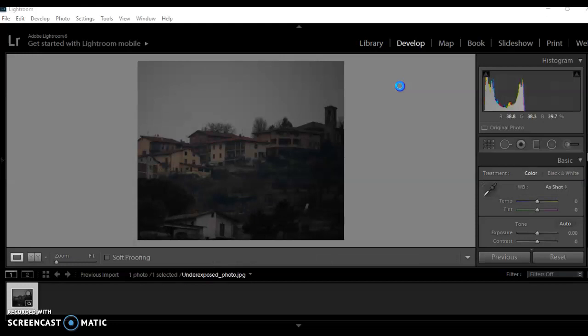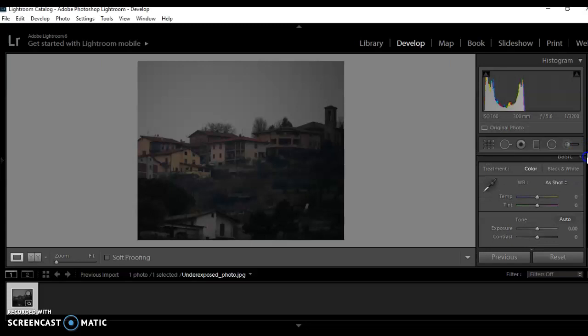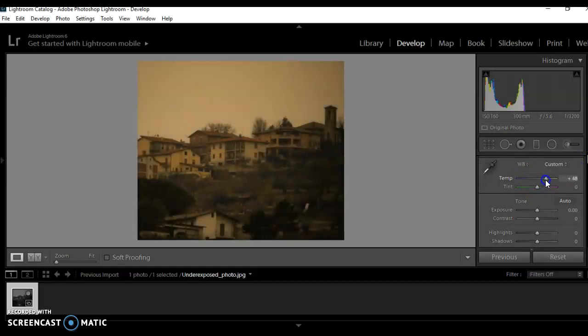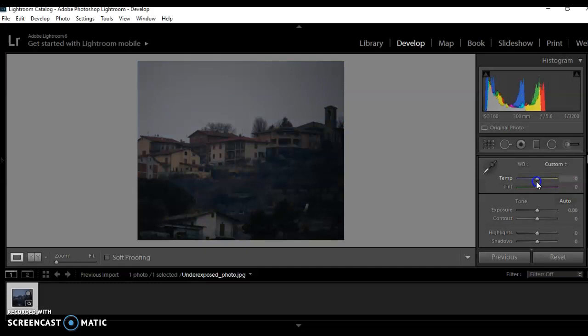Okay, we pulled up this photo here. It's very dark and drabby, and I don't think that it would be seen very well in newspaper print since newspaper is black and white. So here is the tab on the side where you make all of your edits. It has basic things like enhancing your temperature of the photo. You can make it very warm or very cool. And it has